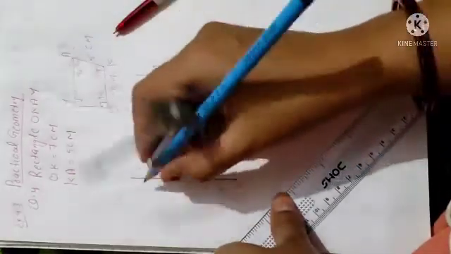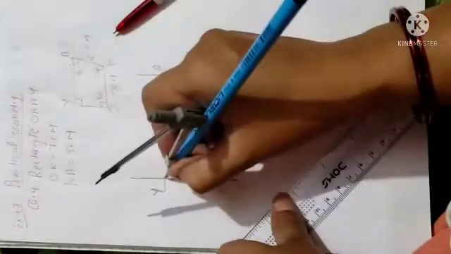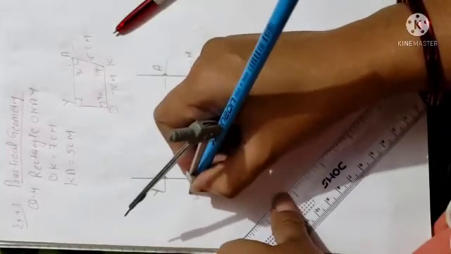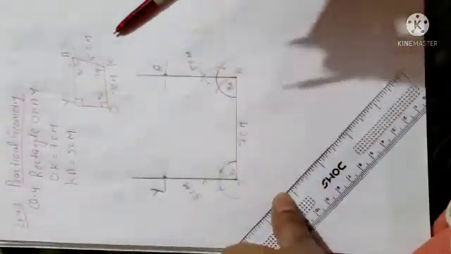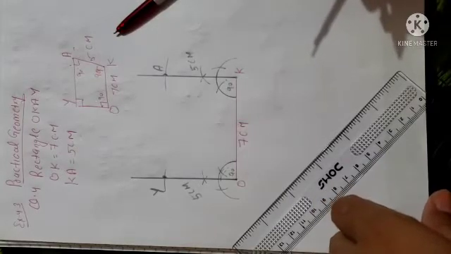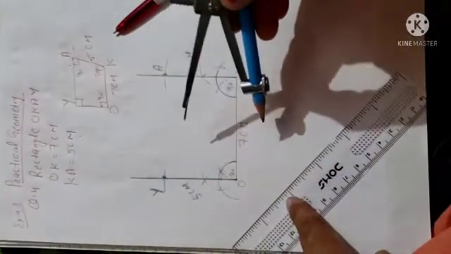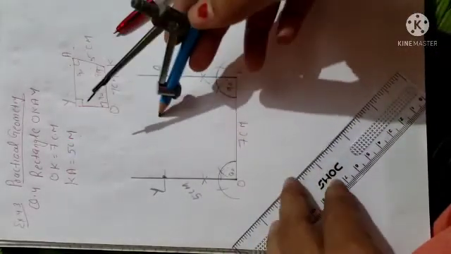So you can say this arc will bisect at this point, and you will give the name, this will be Y, and OY length will be the same 5 centimeter, because according to the property of a rectangle opposite sides will be equal in length. So this one is 5, so this one will be also 5. If this one is 7, so automatically the next one will be also 7.